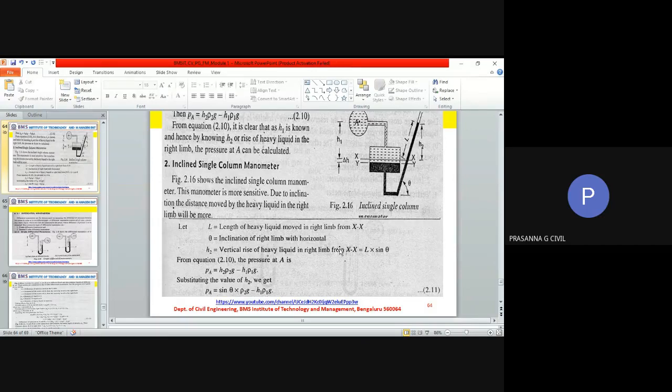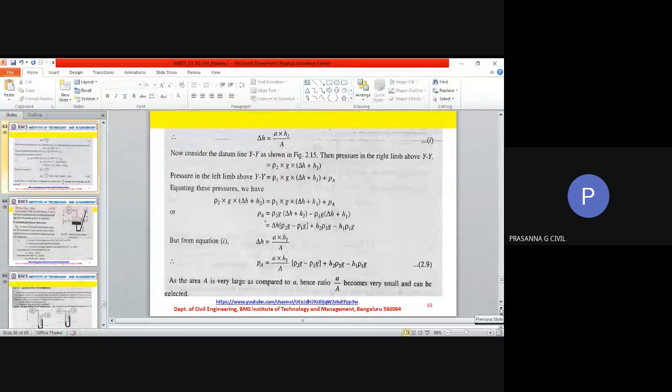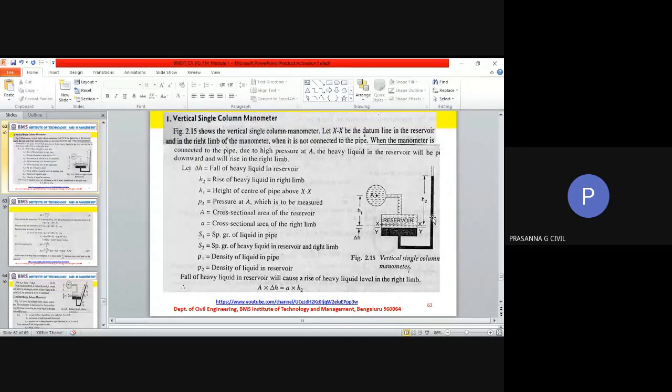Ma'am, on what basis is that XX line? XX is just a reference datum. I will come back to the first figure here. This XX is a reference datum at the starting. So what we will imagine at the starting, if you want, we can draw two figures for you to understand. But in the textbook and all, he gives only one figure. So what you should imagine is, initially, this is the level of mercury. That means in both the tubes, mercury will be at this level. Imagine like that.